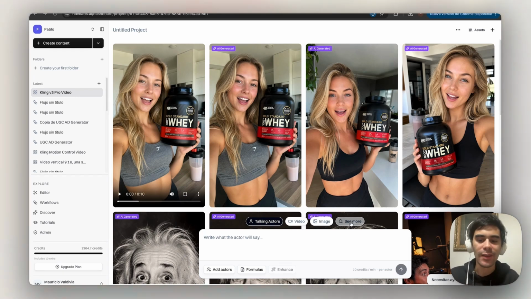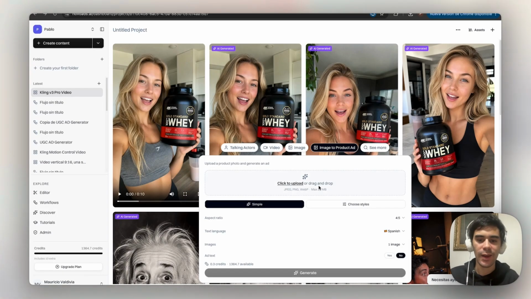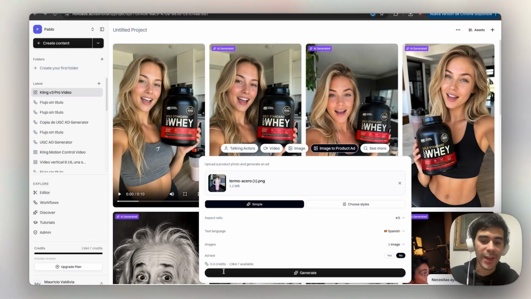So we need to click here in the See More option. And now we're going to use the functionality of image to product ad. Now we have to click here. And here we need to upload an image of our product. So let's click here. With that, we could click here in generate, but I want to add some text in